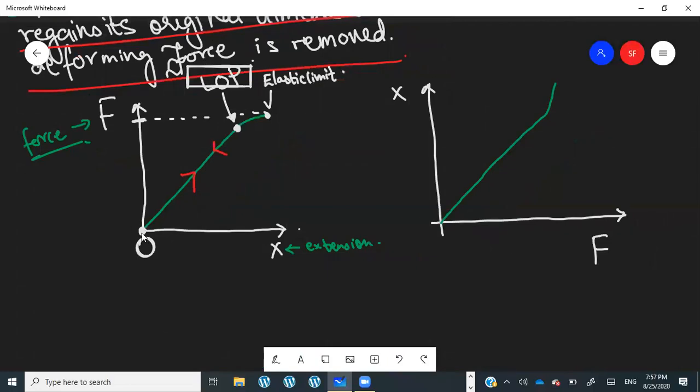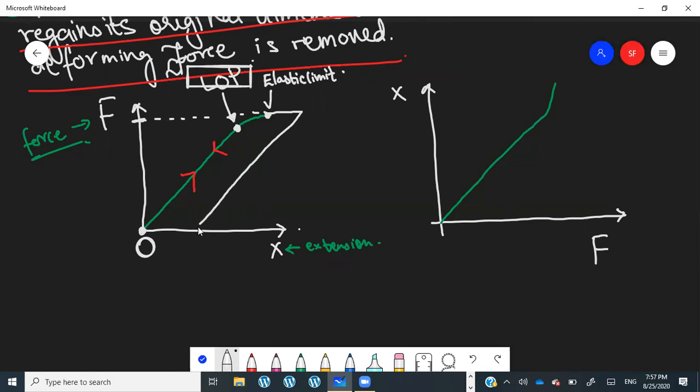What about the other line which is shown on the graph? What do you mean? Below it? Well, that is a line when it exceeds the elastic limit. No, no, this one, right under it. Okay, yeah, this one.